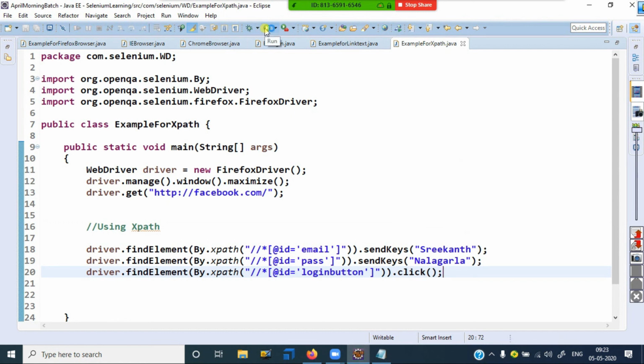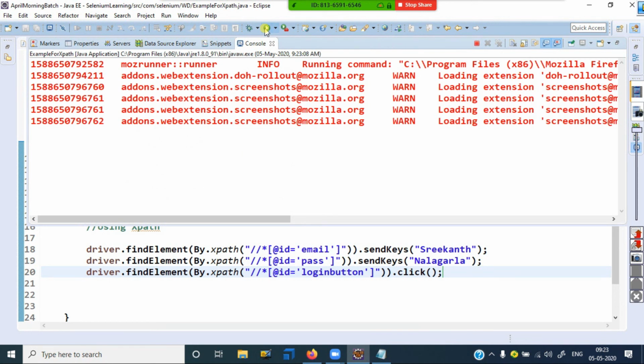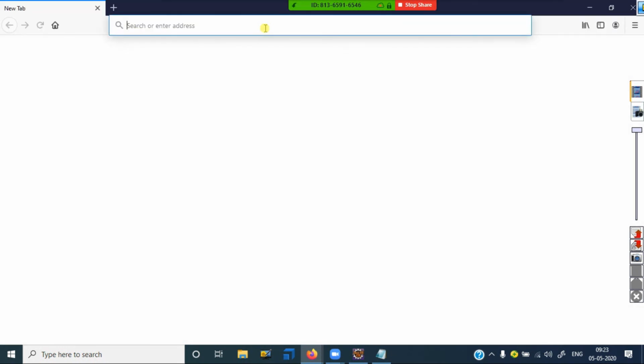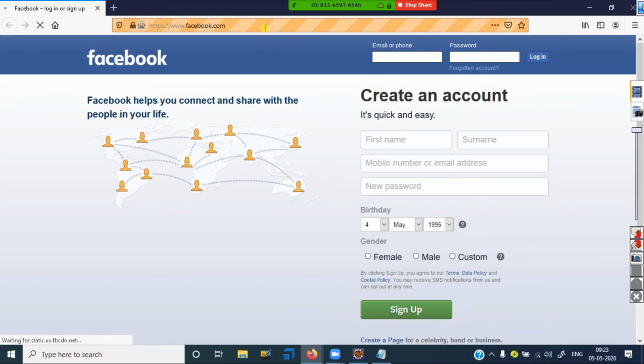Now see, it is executing. It opens facebook.com and identifies the email text box, enters the data, and clicks on the login button.